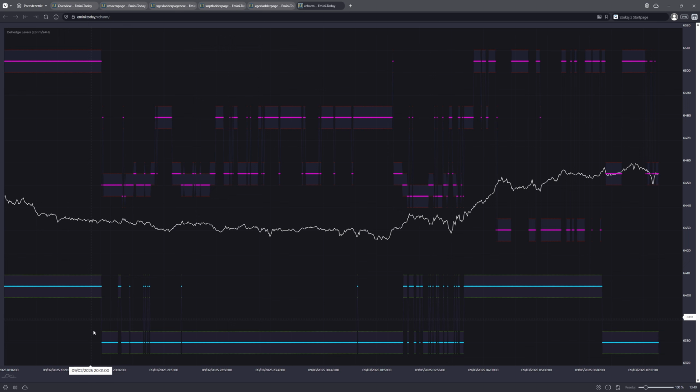Sometimes it's much easier to read. Sometimes it's a bit messy, but the way I read it is always the same. So again, these are just two levels: the support and resistance. Okay,